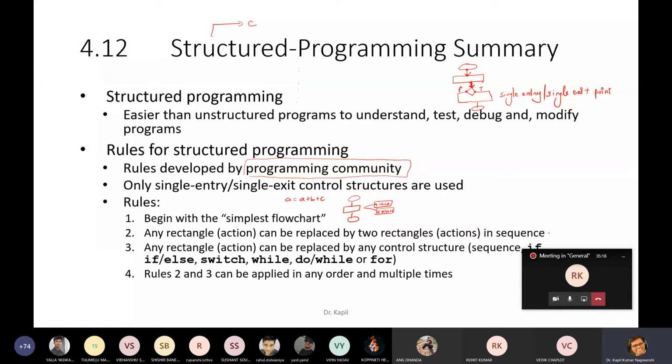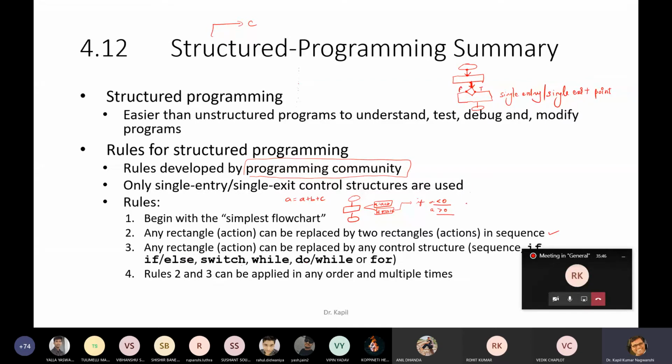So this is how you can convert. The second thing: any rectangle can be replaced by any control structure. This rectangle can be replaced by any control structure. Like, if a is negative, then it will not do anything, or if a is positive, then something else will be done. So any rectangle can be converted into if else, switch, while, do while.